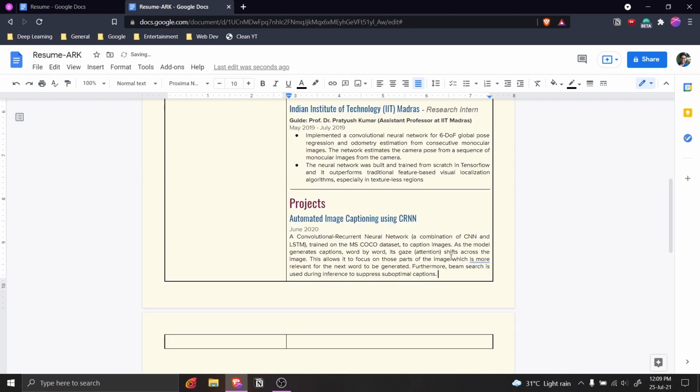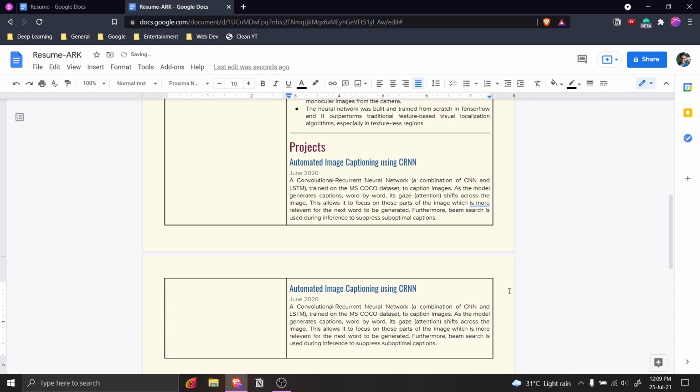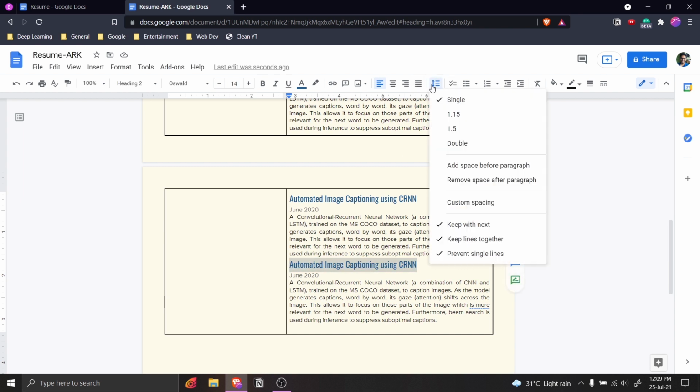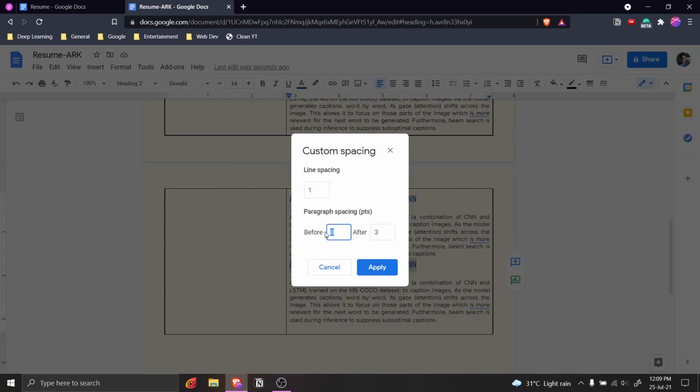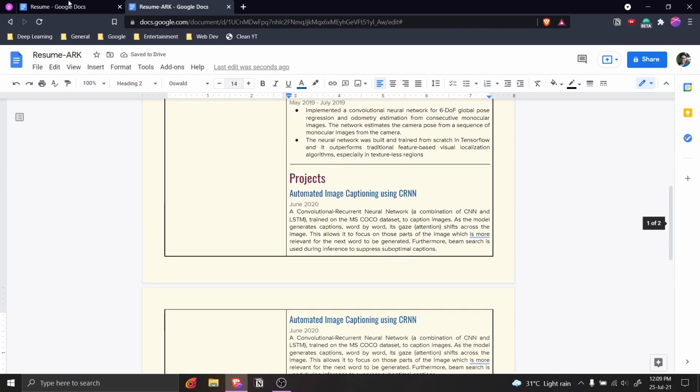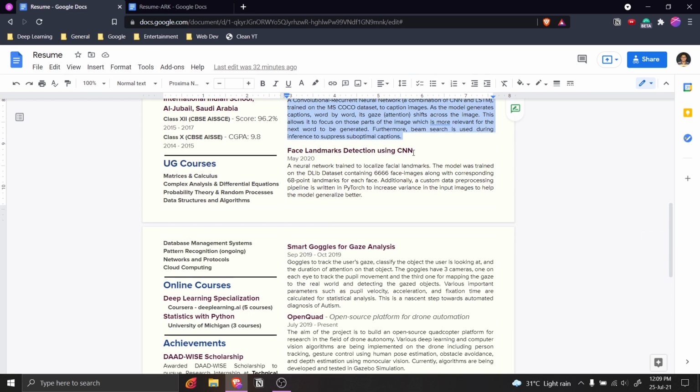So once I paste this, we can just copy this section and make multiple copies of this, right? And again, let's add the spacing between these two sections. So for that, let's select this and go to the spacing, custom spacing, and before spacing to 3, right? Now it's much better. And now let's change the names as well.